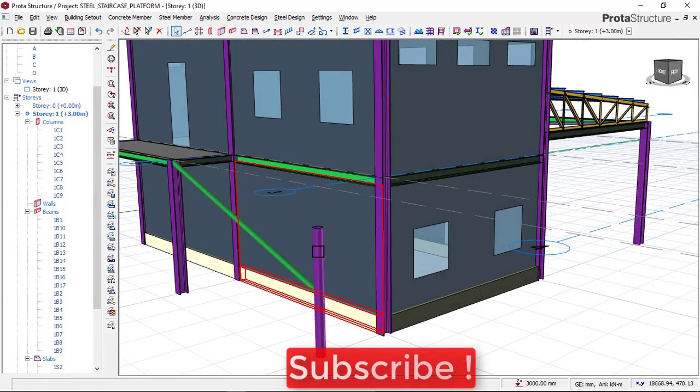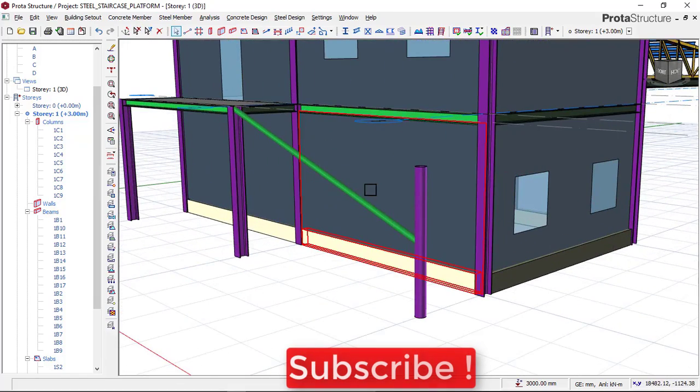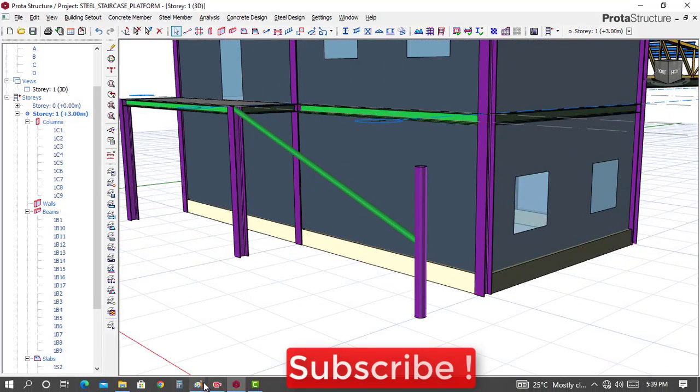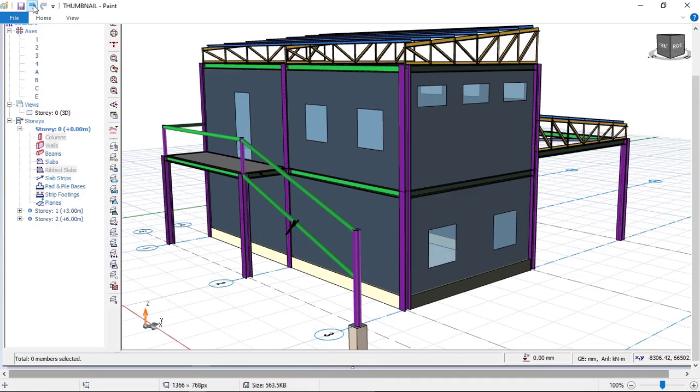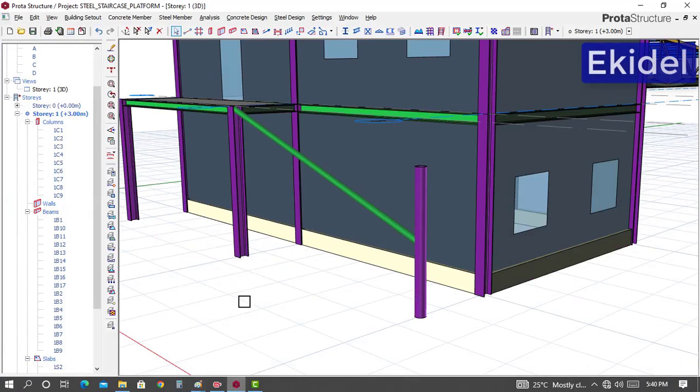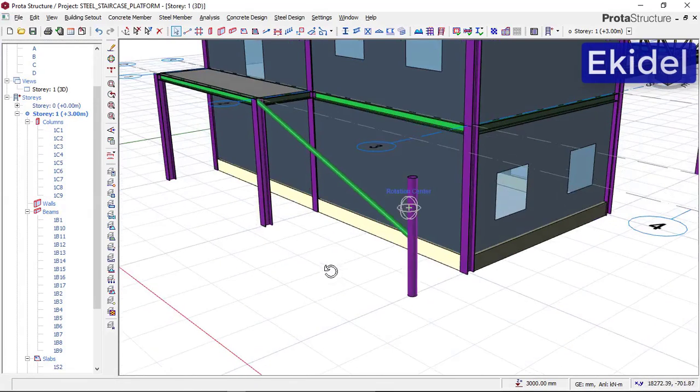Okay, the next thing to do right now is to create the next level from our model right here. So let's see our model. The next thing we'll do is to create these two columns here. To do that, go back to our ProtaStructure, then go back to our plan view,